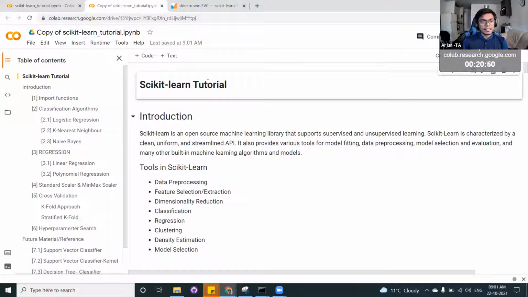So in today's class, we will be seeing sklearn, that is scikit-learn. This is a very essential library for you to implement ML algorithms, do pre-processing, dimensionality reduction, and clustering. There are a lot of things that you can do with scikit-learn. This class would also be very essential for you when you're working on the Kaggle project, where you have to do grid search and cross validation.